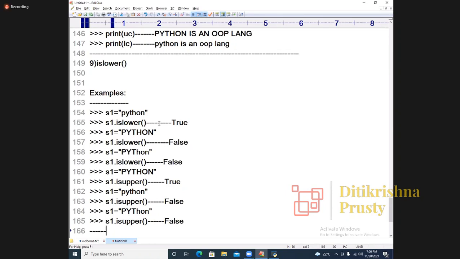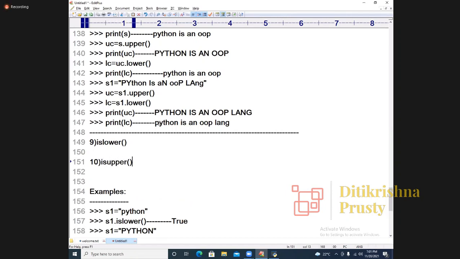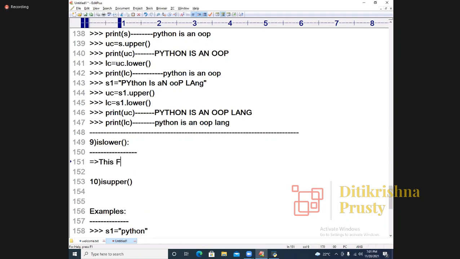Fine. So anyhow, is lower, is upper, I will write it. The 9th and 10th functions I will write. Is upper, I will write it. What is this now? This function returns true, provided the str data